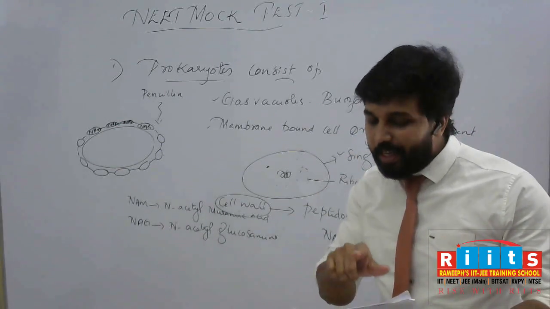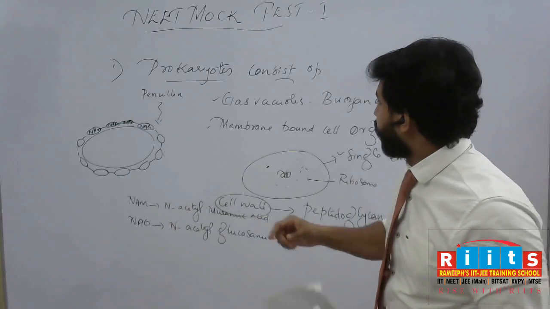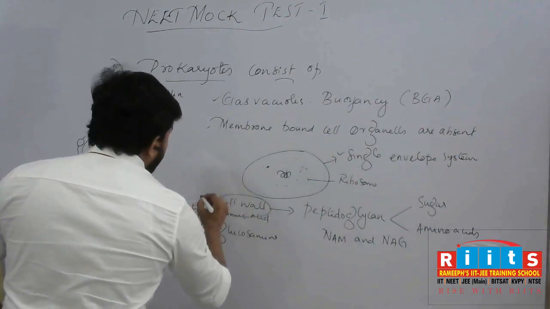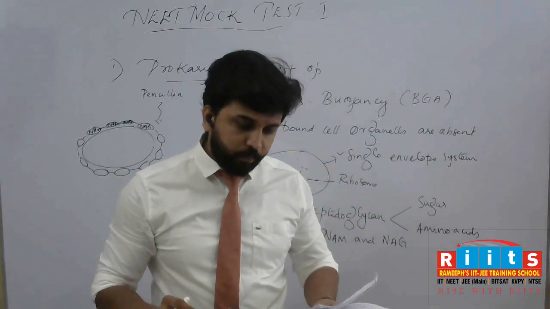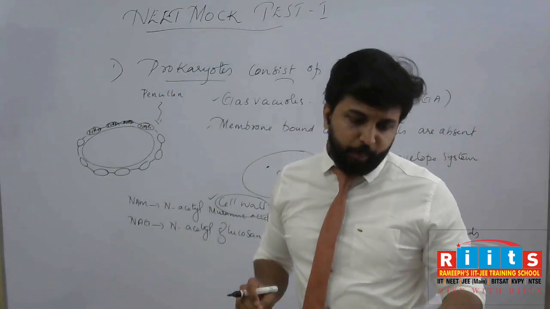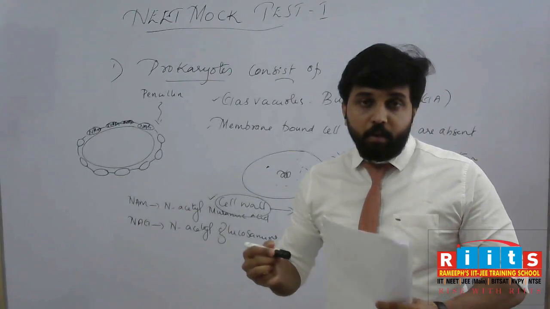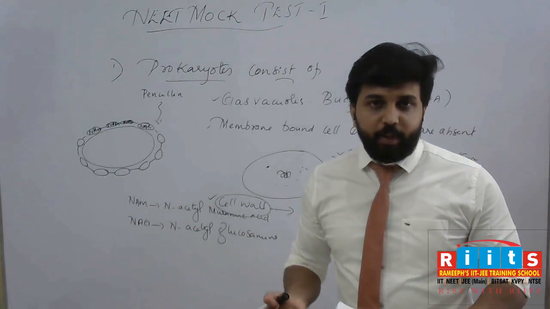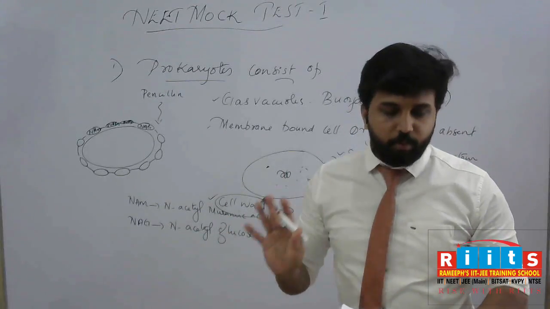Our options are gas vacuoles, single amino system, and cytoskeleton, non-cellulose cell wall. So non-cellulose cell wall is also right. So three options are there. Then next is the microfilament. Usually microfilament is a cytoskeletal element. I have already mentioned that cytoskeleton is usually absent in the case of prokaryotes, so microfilament is also